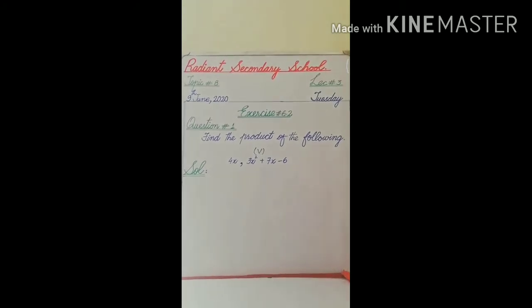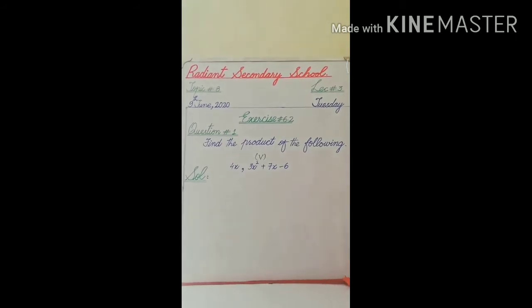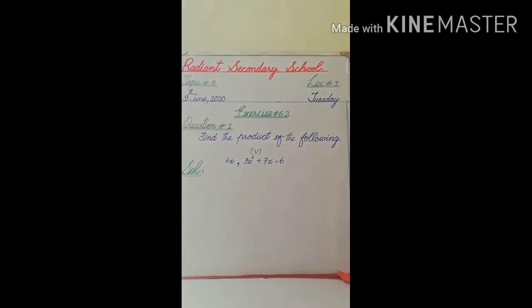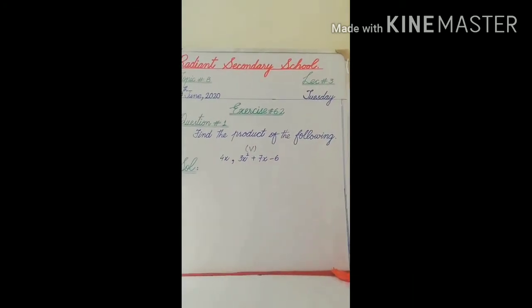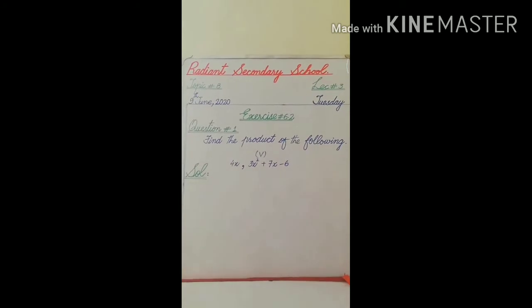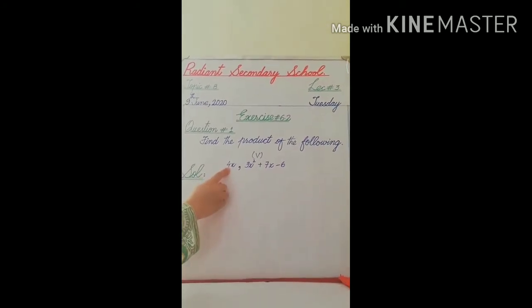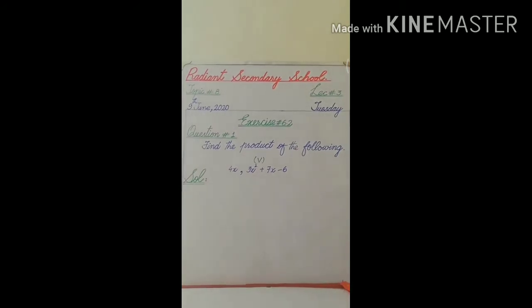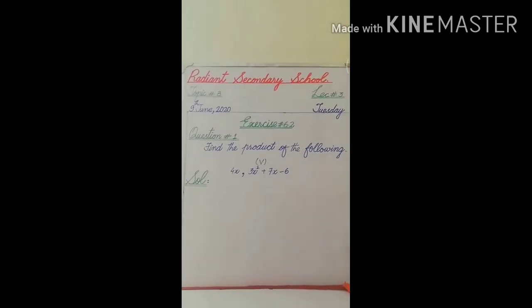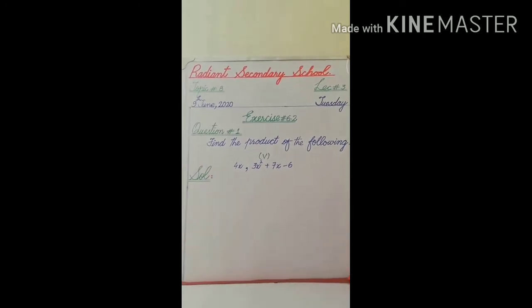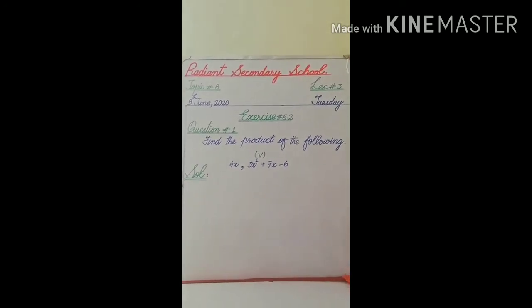Now students, I have written question number 1 from 6.2, and I have written the 5th part. Okay, what is question number 1? Find the product of the following. Now firstly we should know what is coming before the comma. 4x means this is a monomial, and here there are 3 terms, it means a trinomial. This part is different from my previous example, so that's why I have written part number 5.